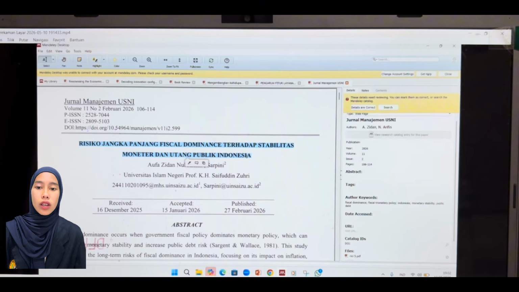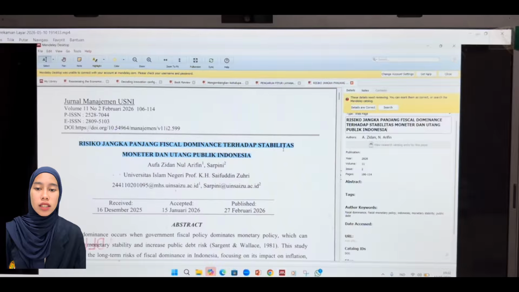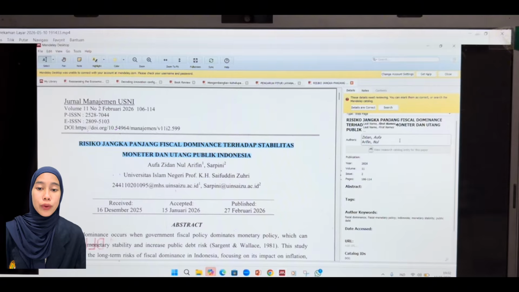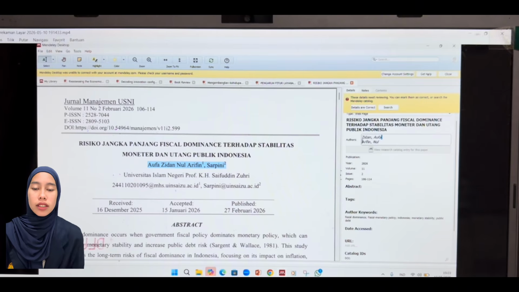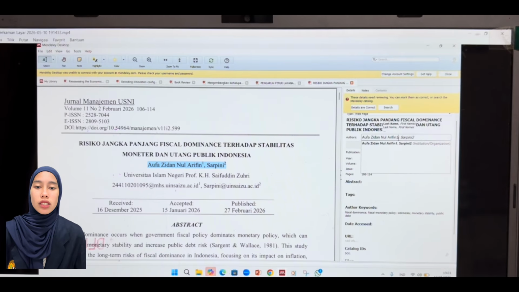Finally, we are going to add an ebook as a reference. Just like the previous steps, we click Add New, select the ebook file, and click Open. Let's wait for the file to appear in our library.